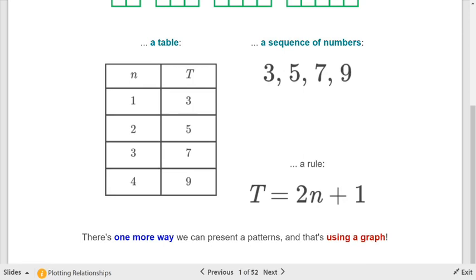So you can have these types of things presented in lots of different ways, and you've seen all of these, right? You had in your problem solving, you did the number patterns, and you learned how to write the 2n plus 1 and all of those types of ways. So what we're going to do now is we're going to focus on yet another way of describing these patterns. We're going to be able to draw a picture of the information. So,